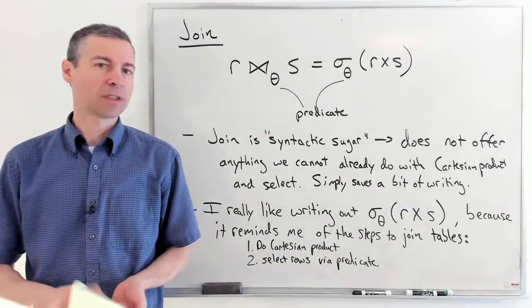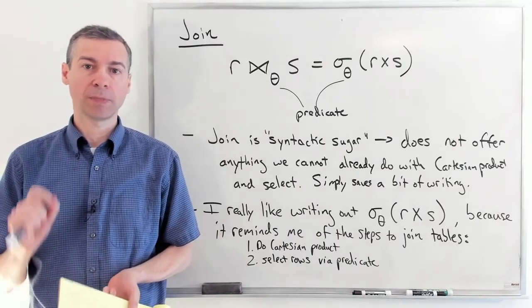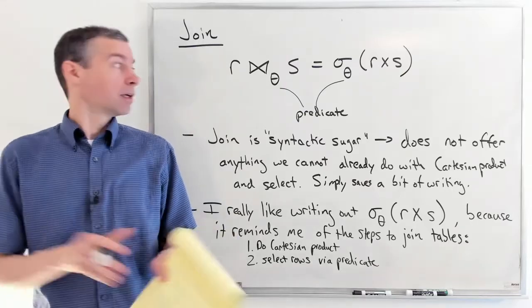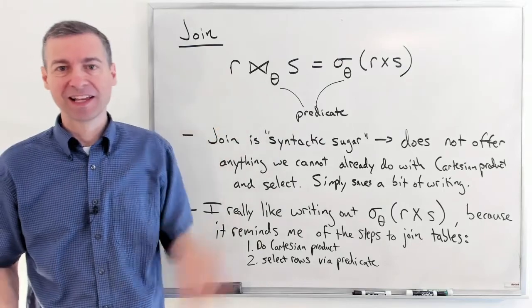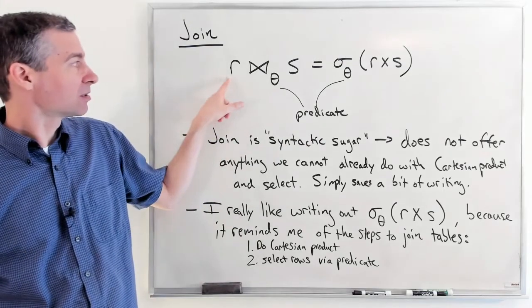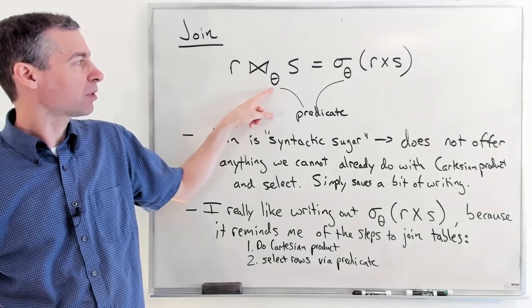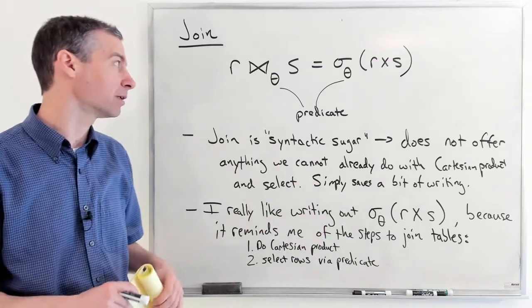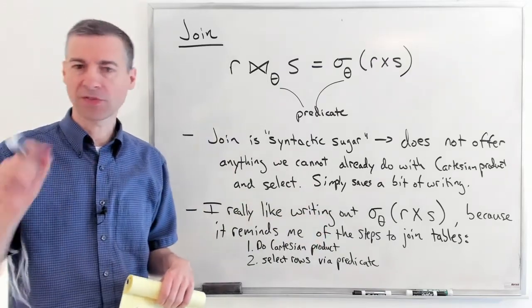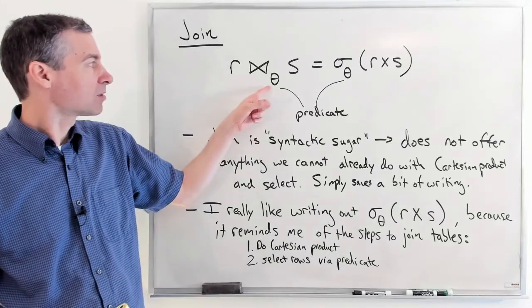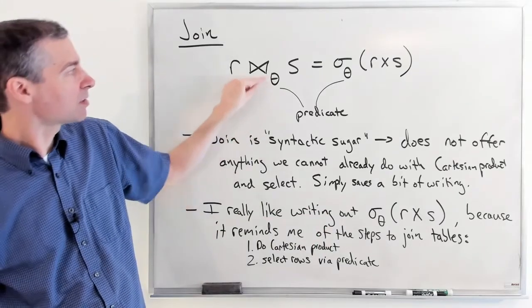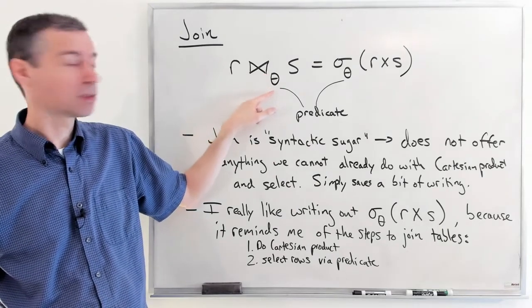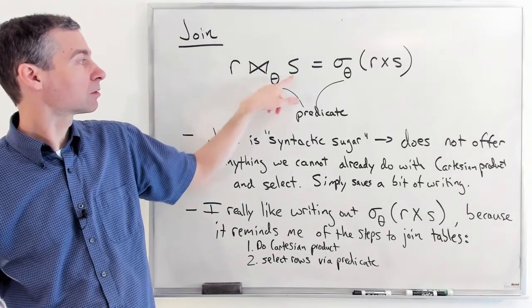Hello. I want to talk really briefly today about the join operation in relational algebra. This is as it is in the book, and it's quite simple actually. This is the bow tie operator with its predicate, and we're just using theta here to represent the expression that you would write there in place of that. It's not that you're going to write a bunch of thetas all over the place. So this would be some Boolean expression, a predicate on the columns of the Cartesian product of